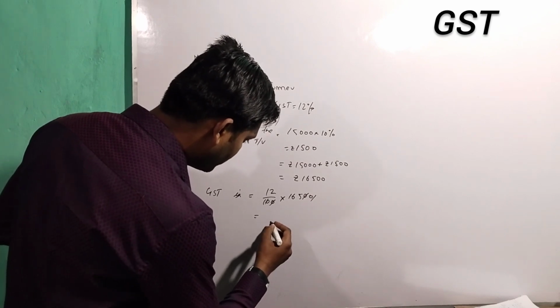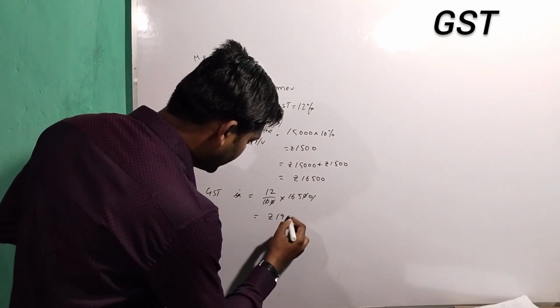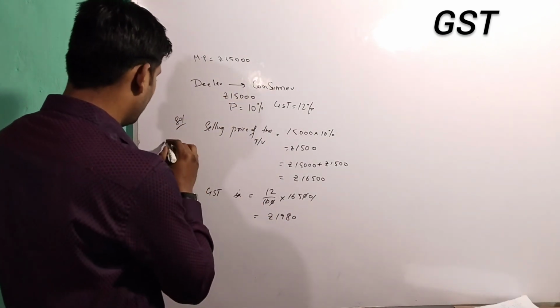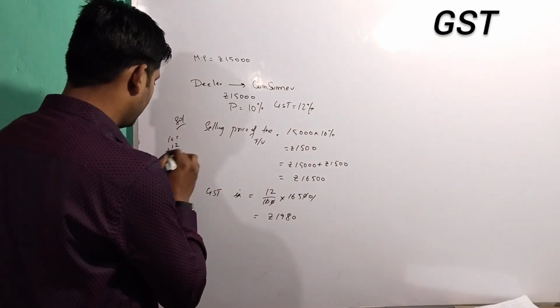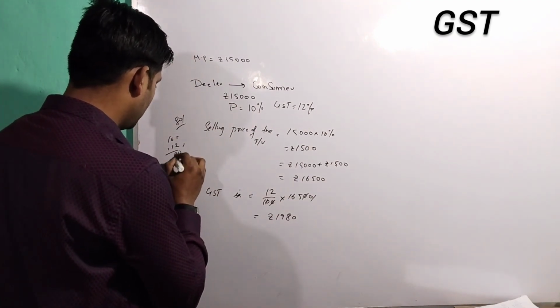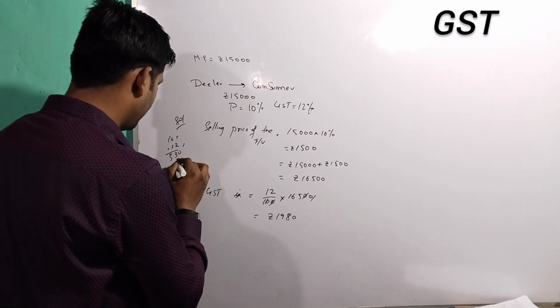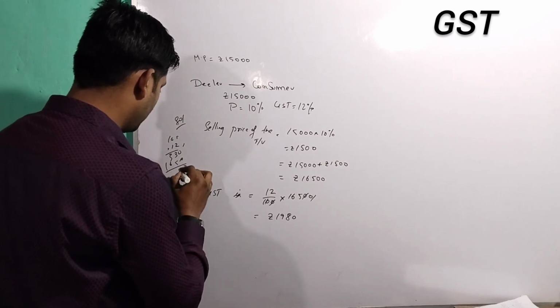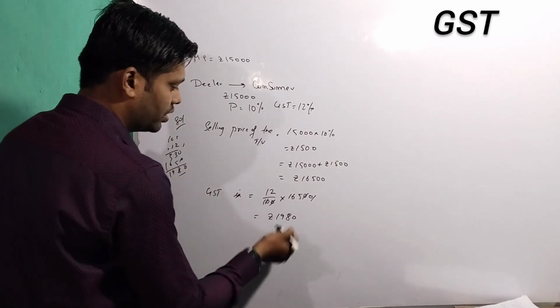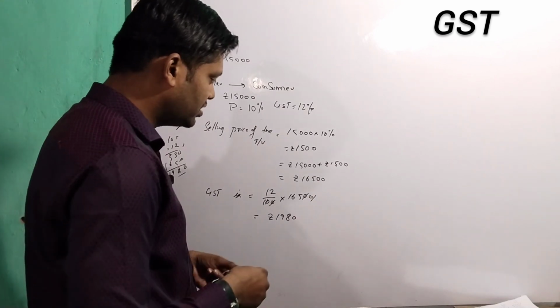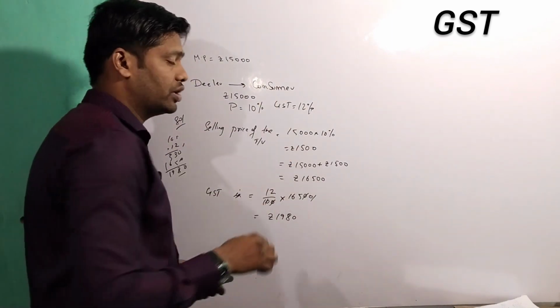1980 rupees. Let us see, 165 into 12. So 1980. So 1980 is the tax which the consumer has to pay